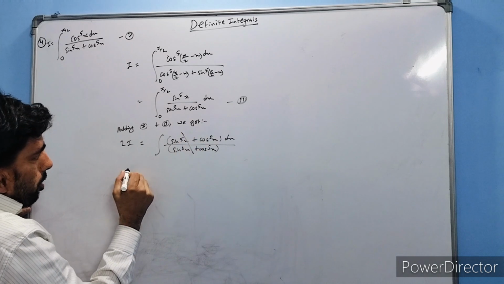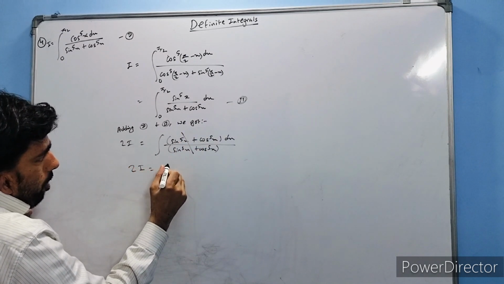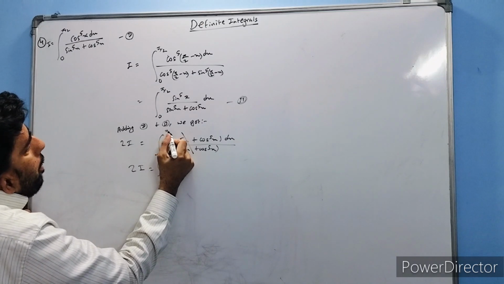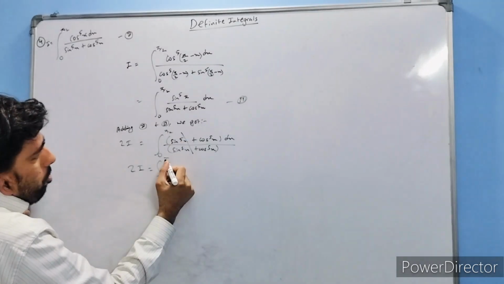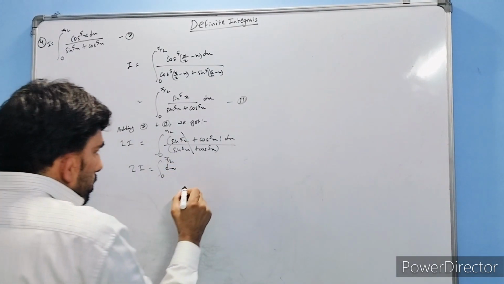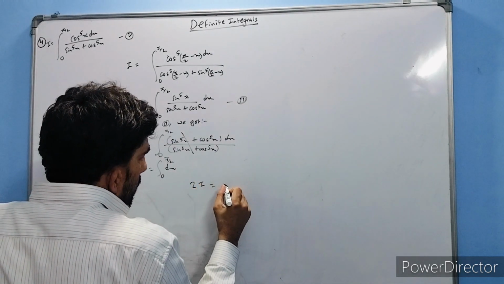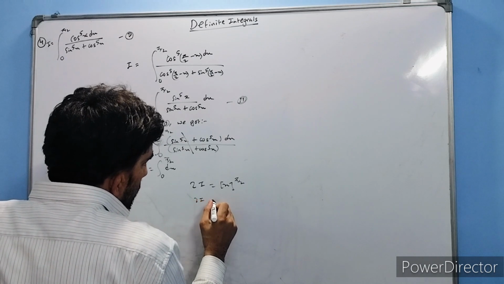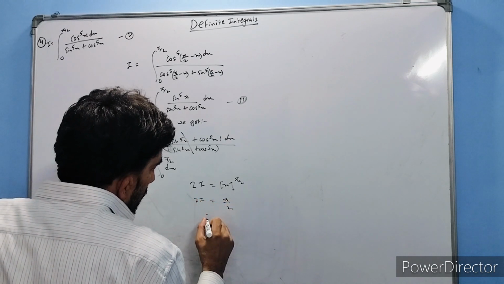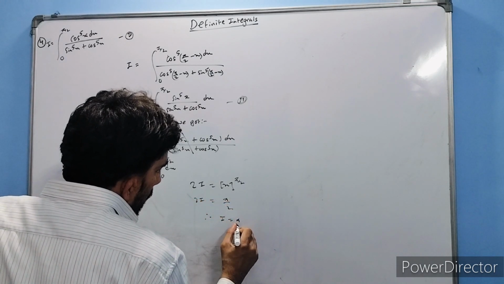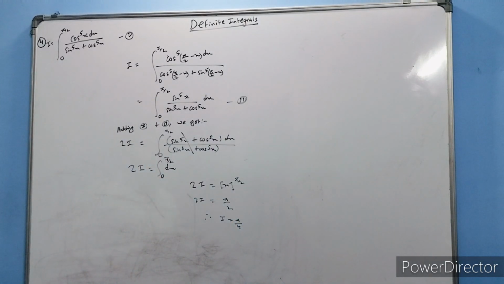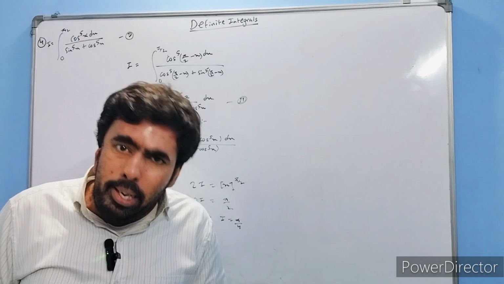So now I got 2I is equal to the integral of dx from 0 to pi by 2, which gives x from 0 to pi by 2. So 2I is equal to pi by 2, therefore I is equal to pi by 4. That is how we are able to evaluate a definite integral